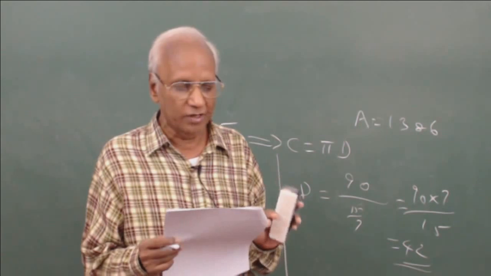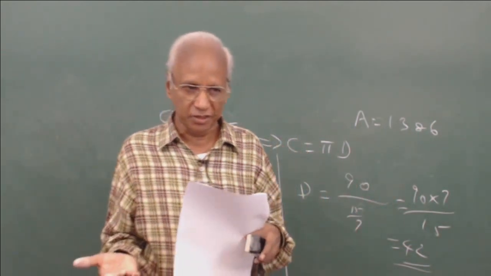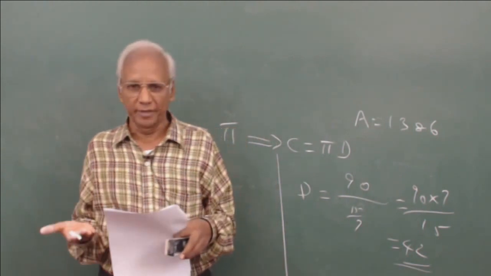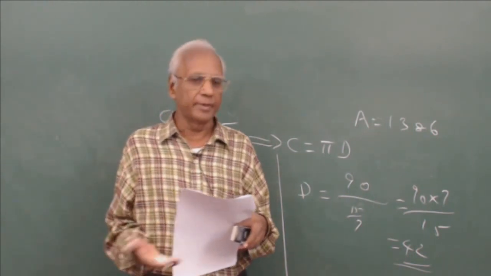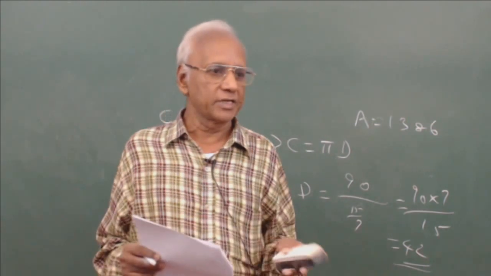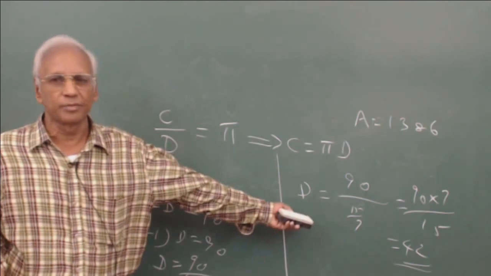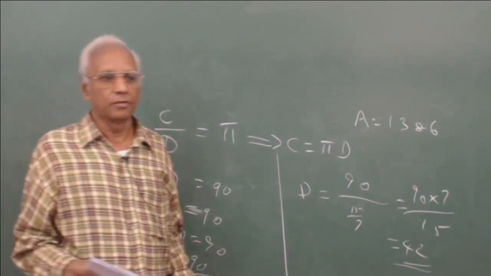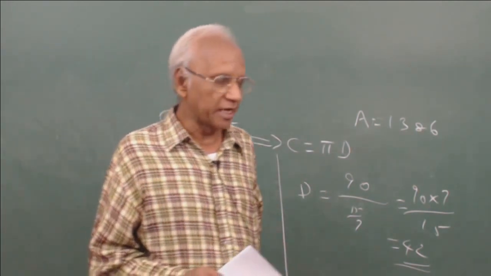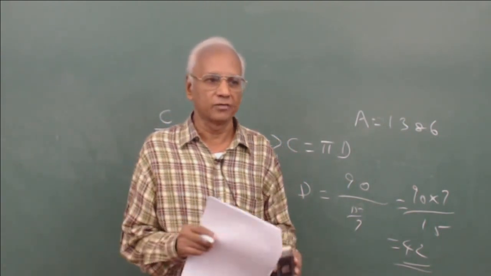The question is only what is the area of the circle. You can't say what the area of the circle is unless some information is given. Statement 1 gives you some information. What is the information given? The diameter of the circle is 90 centimeters less than the circumference. Because diameter and circumference are really related, we are using that relationship. We are trying to solve it by simple mathematical calculations. We are able to get the area of the circle. That means statement 1 alone is helping us to find the area of the circle.